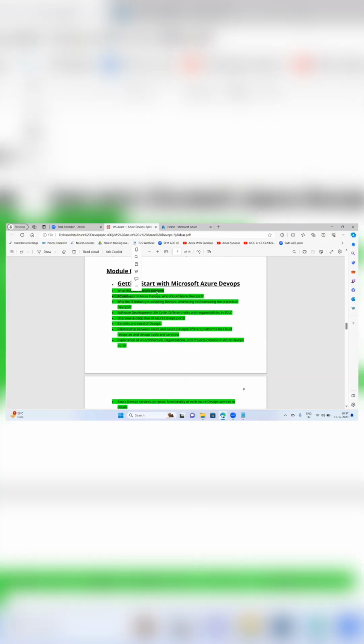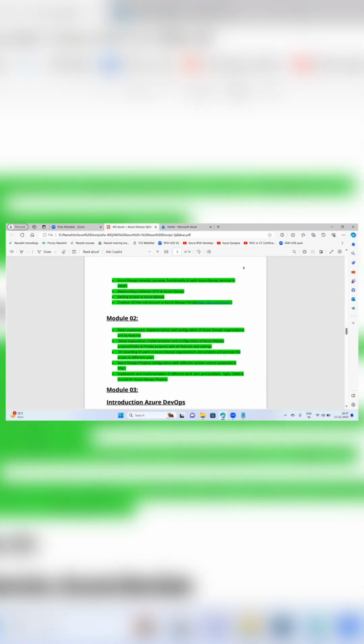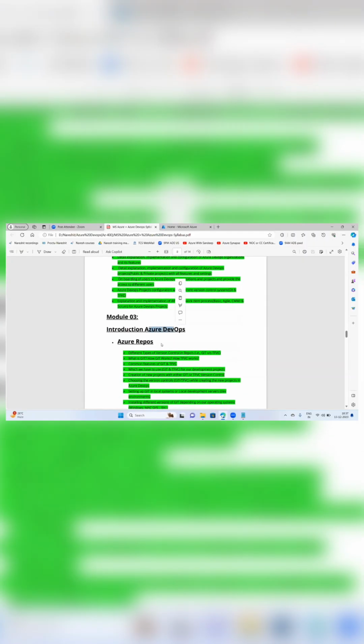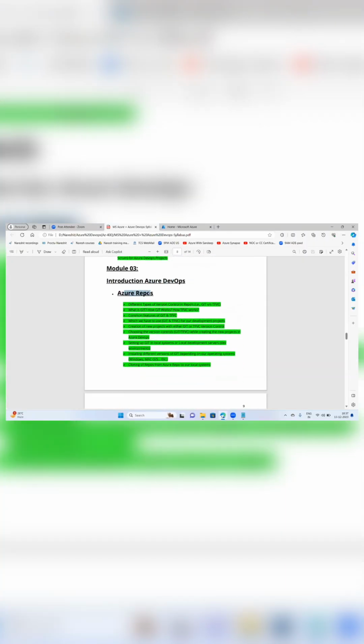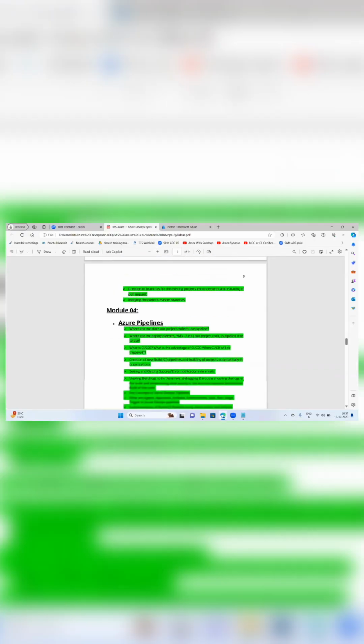What is Azure DevOps platform? Advantages of Azure DevOps platform. Who should learn DevOps? Why is the IT industry adopting DevOps? Software development lifecycle, different roles and responsibilities in SDLC. Deep dive of Azure DevOps portal, benefits and need of DevOps, relationship between Azure and Azure DevOps. Explanation of architecture, organization, and projects creation in Azure DevOps portal. All these, guys, introduction to Azure DevOps. Here we are learning Azure Repos. All these concepts we are learning in Azure Repos.